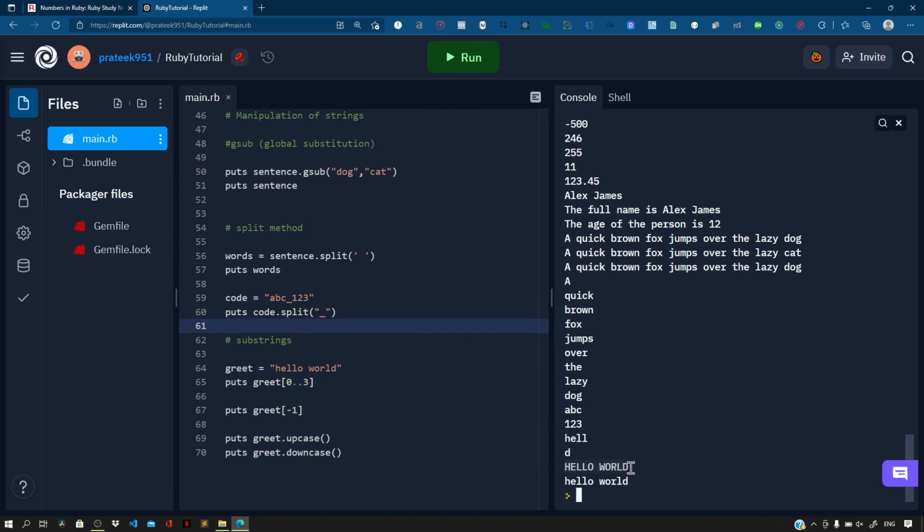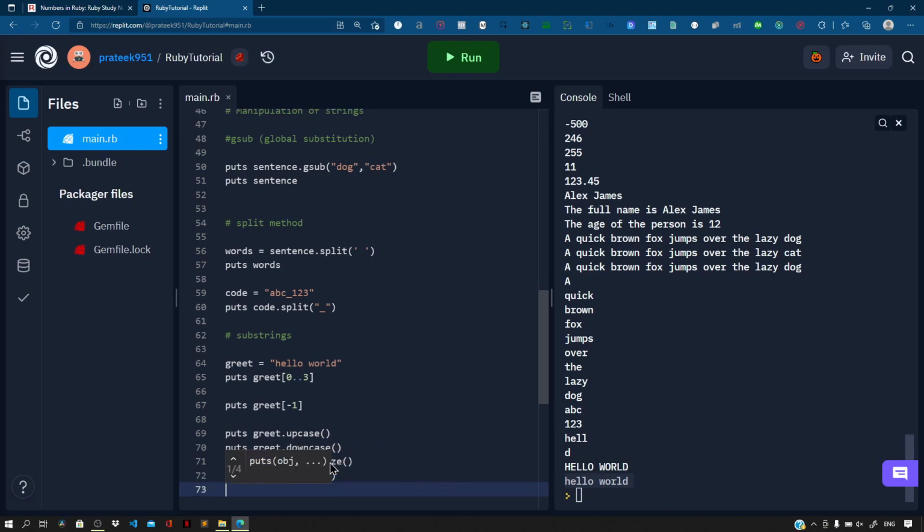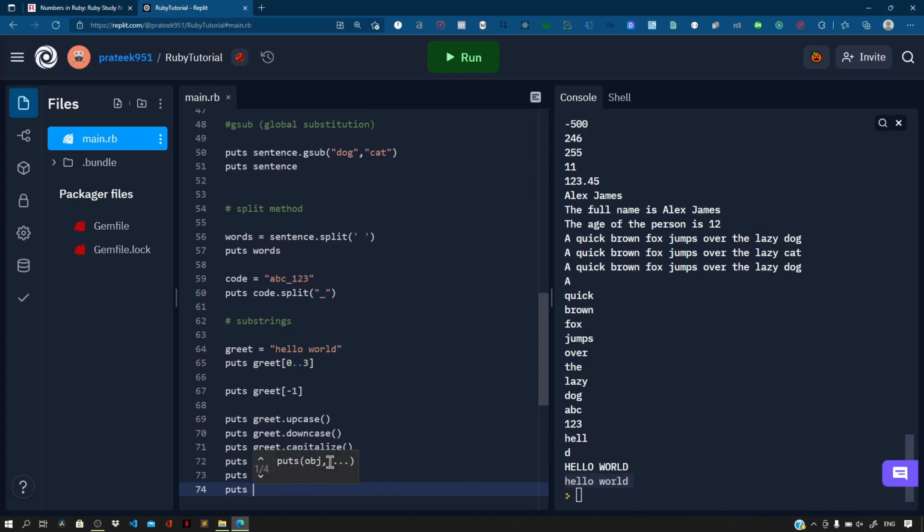Okay, so this gives us hello world in uppercase, hello world in lowercase. Then say if we want to capitalize the first character, we can say greet dot capitalize. And then let us say we want to reverse our string. So we can use the reverse method for this. If we want to check whether a particular character is a part of the string or not, we can use the include method. So greet dot include, and here let us say small w, then puts, and here let us